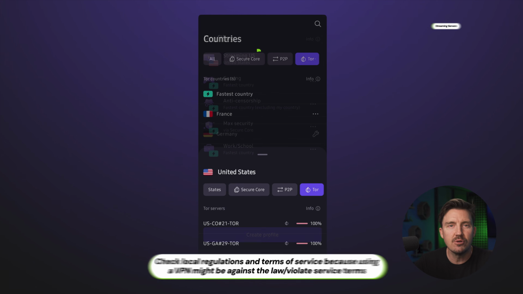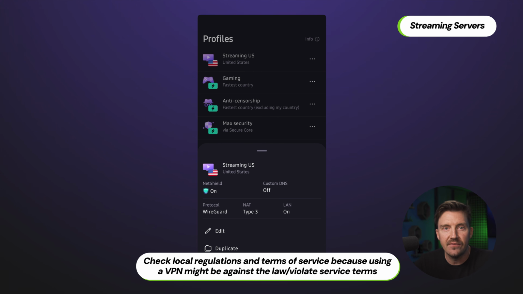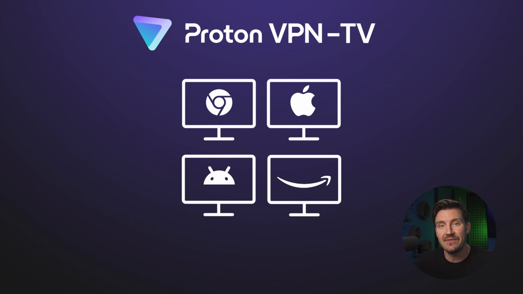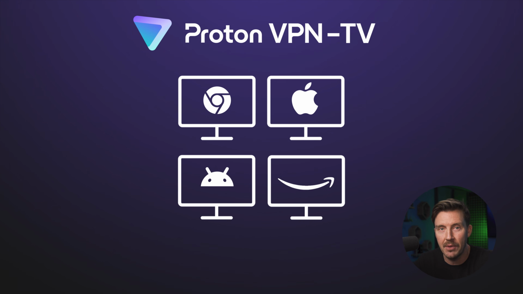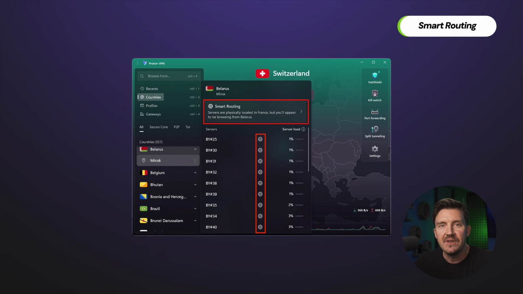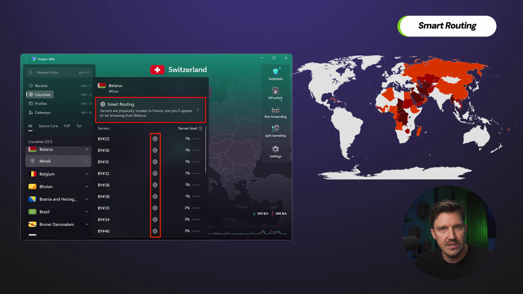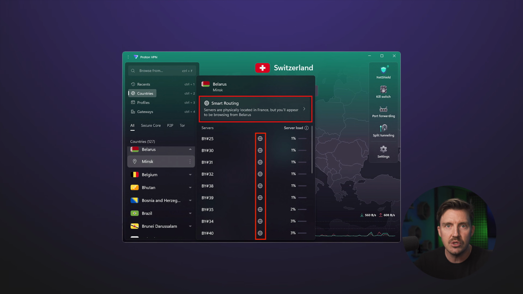All right, now there are also streaming servers represented by the Play icon. These ones are designed for accessing streaming content worldwide for better access and optimal performance. It comes in especially handy if you have a Proton VPN TV combo. One more icon is this globe representing smart routing, a feature for circumventing government censorship, especially useful for those under authoritarian regimes. I hope you won't ever need those servers, to be honest. Now, that said, a lot of those specialized servers are great quality of life and security improvements, so don't miss